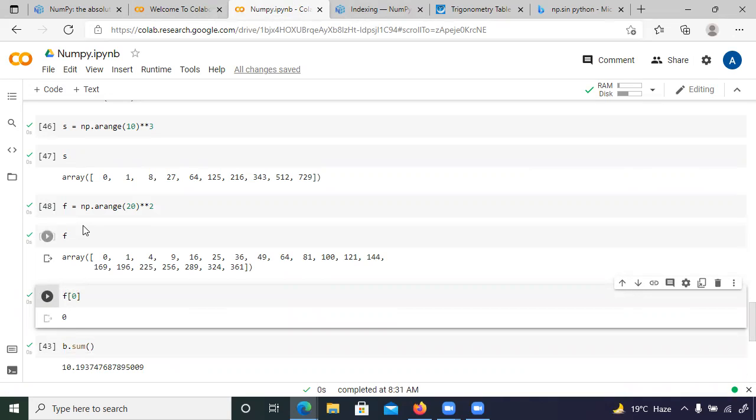You can see here, this f is there. If you want to access the first element, I told you, right? What is an index? Index starts from 0, right? So when you write f0, it is going to print 0. If I change it to 1, which element is it going to print? 1. Good. If I change it to 2, what value is it going to print? 4. Correct. So you can access the element based on the index as well.